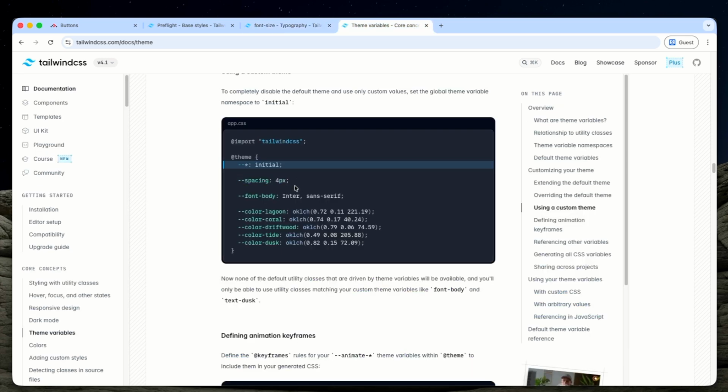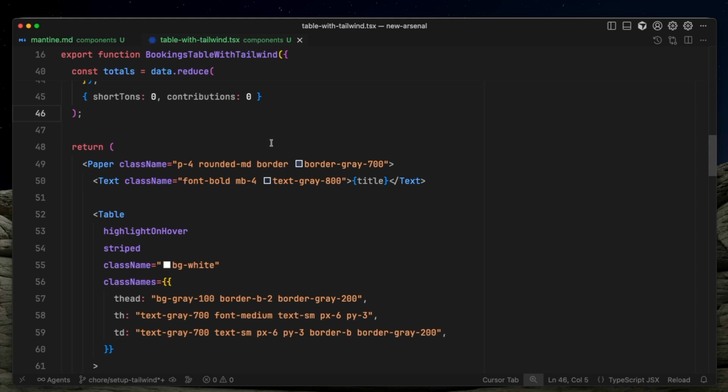As you can see right here, one of the variables that Tailwind has is a spacing defined as 4 pixels. It's really important to understand that all the sizings usually are a multiple of 4. It means you should avoid applying 5 pixels in a bottom margin, because this is not the default value for the margins. Something else you need to be aware of is that whenever we are using colors or hexadecimal colors,